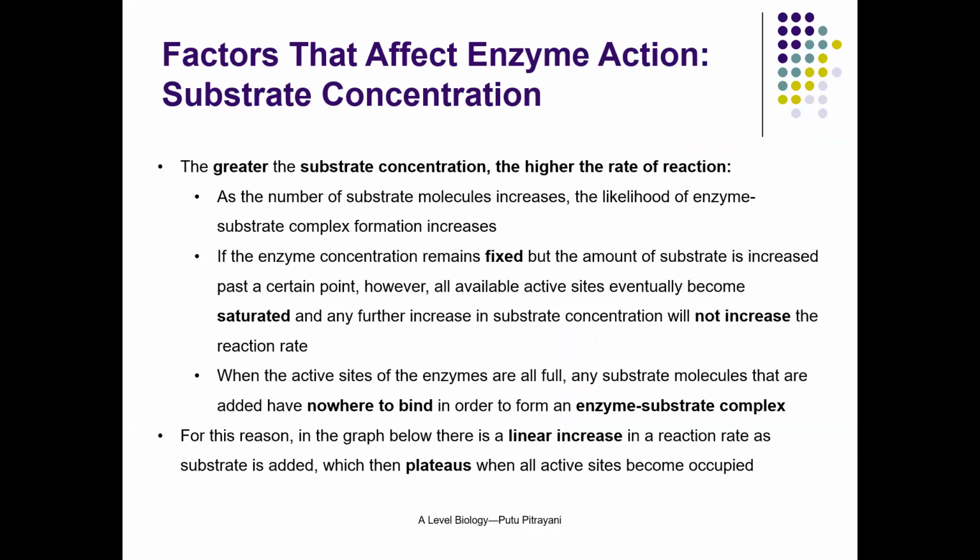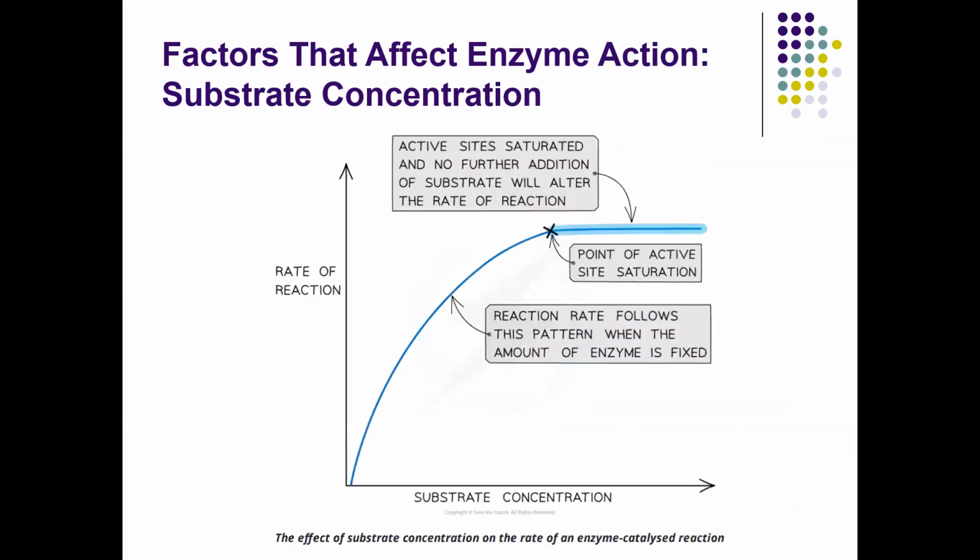Then number two is the effect of the substrate on the activity of the enzyme. As you can see here, the more substrate we give into the reaction, initially the rate of the reaction becomes higher, because with more substrate, the active sites of the enzyme can bind with the substrate more, so they can speed up the chemical reaction faster.